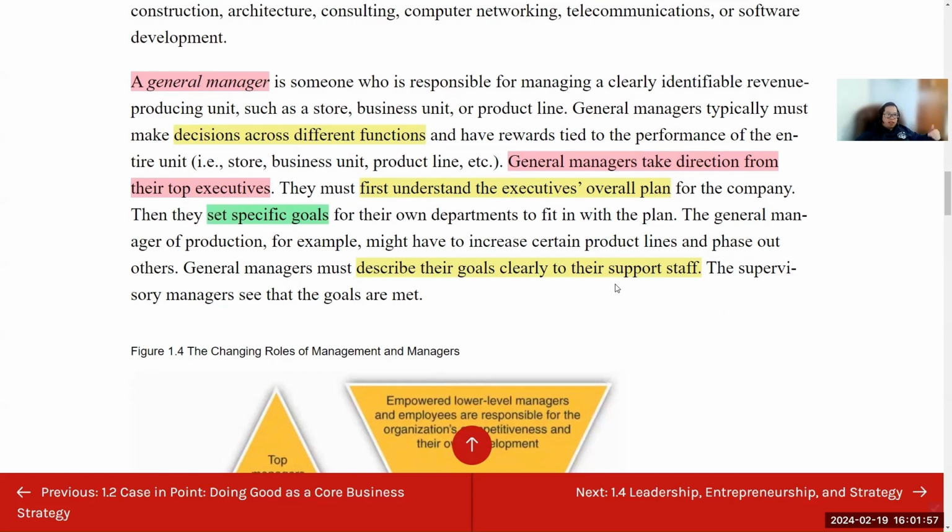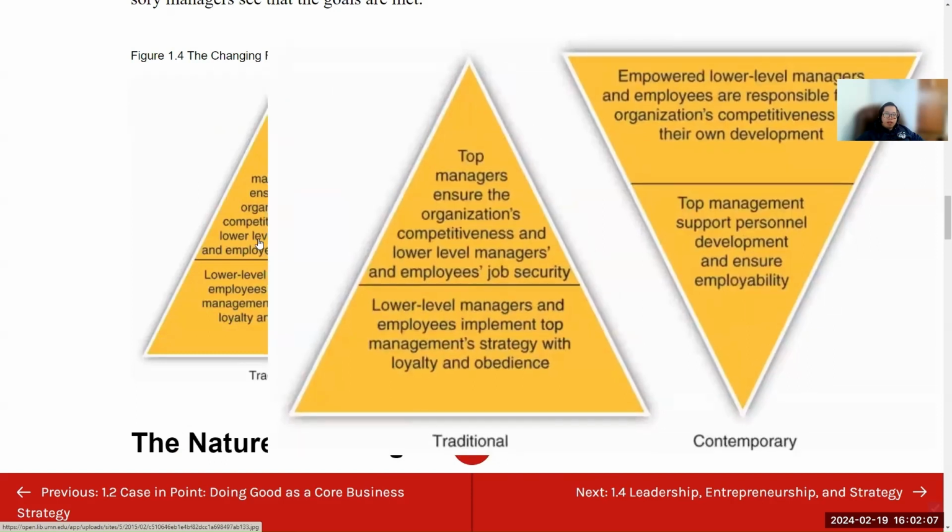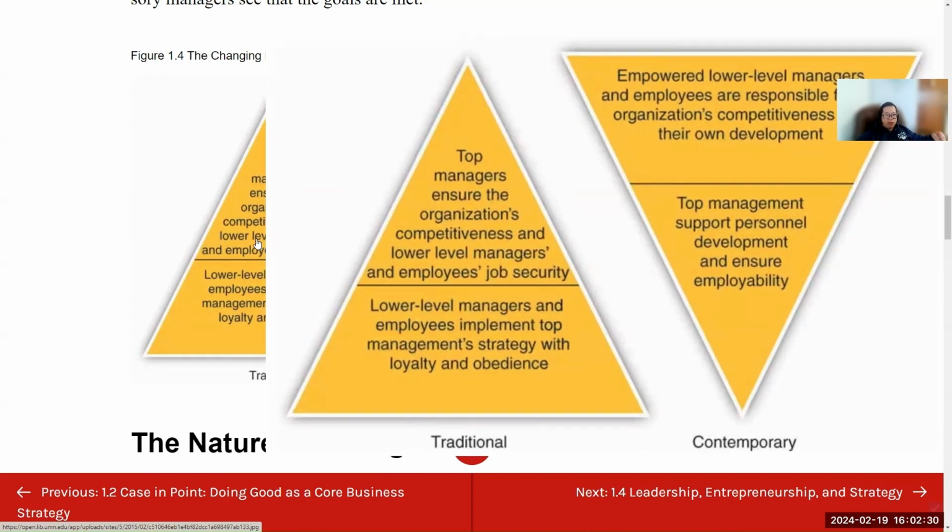We see that in the hierarchy illustration on the slide. Here we go. That's how it looks traditionally on the left side. The top manager makes sure of competitiveness and that the lower managers do their job. So basically, the top manager is a manager of the managers, making sure the organization looks healthy and prospective. Middle managers, or what they call lower managers, work directly with employees and make sure the strategy from the top is effectively passed down to them, and that all the employees work with loyalty and obedience to all the orders of the top manager.